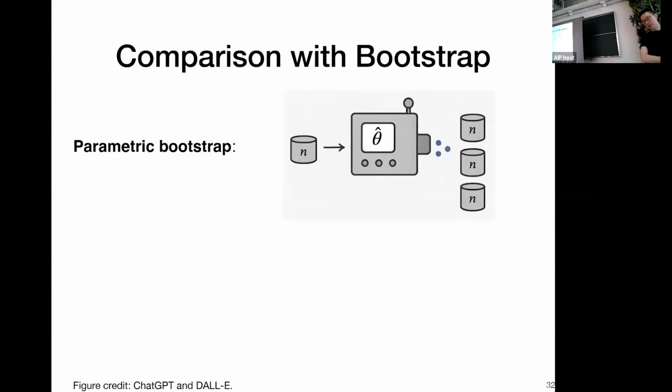Just recall, in statistics 101, here's what we learned. In parametric bootstrap, you start from a bag of training samples of size n, and then you fit a statistical model, denoted by the theta parameter. This machine is your model. And with this model, you can keep sampling. You just simulate synthetic data. And in parametric bootstrap, you will use the synthetic data to construct confidence intervals, confidence sets, etc.